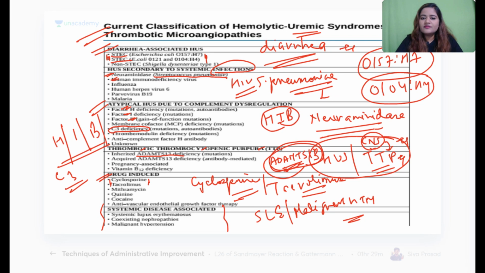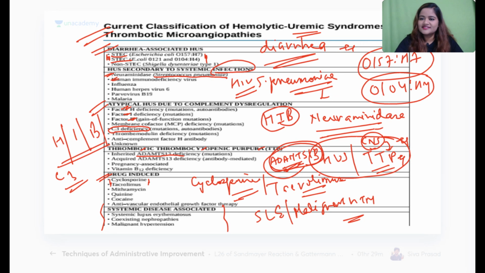Then you have a mimicry condition, that is TTP। मतलब HUS और TTP को differentiate करना बहुत मुश्किल होता है। Both of them present quite similarly। The only difference that you have is that in TTP you will find features of CNS deficit। That means there is going to be some hint that is pointing towards neurological problems। Drug induced में you have to remember cyclosporin and tacrolimus, which we had read in the treatment part of second line drugs of nephrotic syndrome, ठीक है।